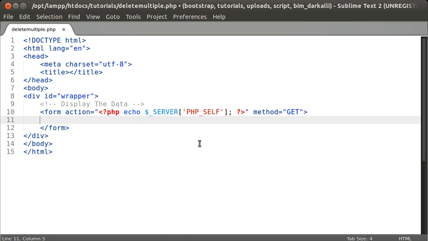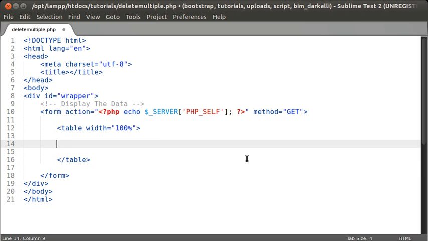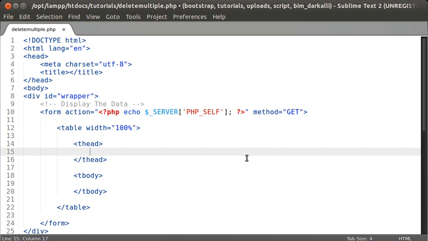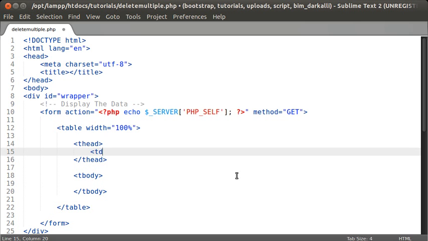Then inside the form I'm gonna create a table. Width is equal to 100%, meaning that this table is going to stretch through the entire page, which is not very good for displaying data, but I will fix that. Then I'm gonna create a table header and the body, and these two tags will hold the header of the table and the information that will be looped inside the body tag. I'll say tr,